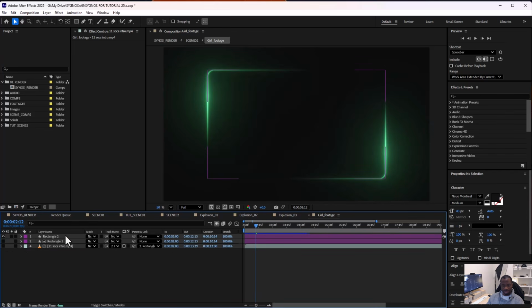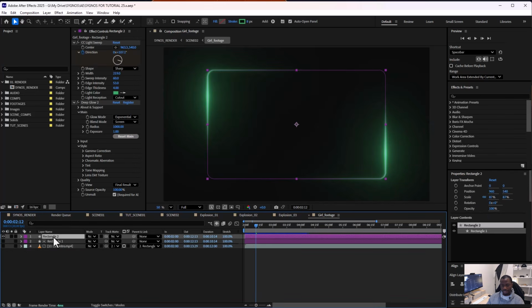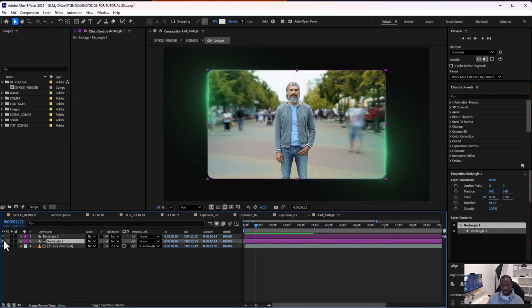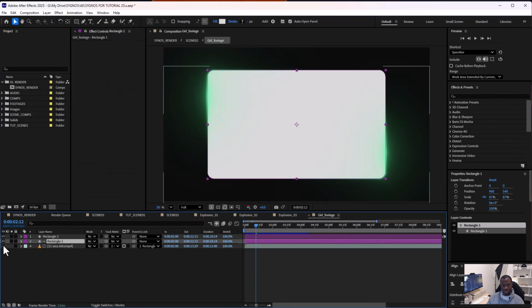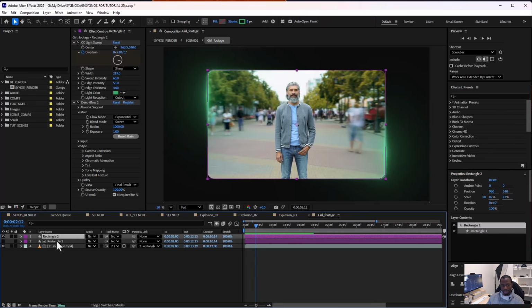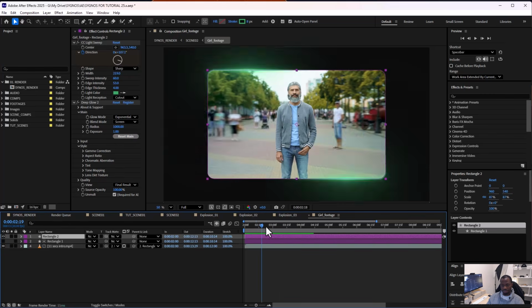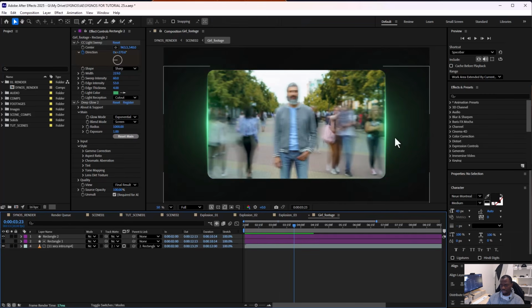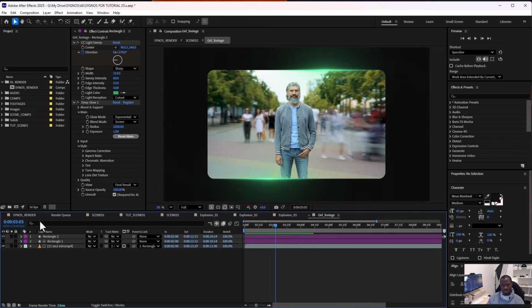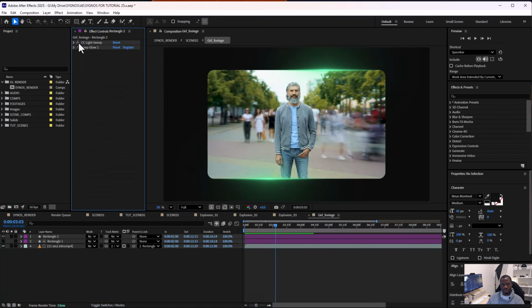But then aside from that, I have this rectangle thing, which I practically duplicated from the main rectangle, and I just turn it into stroke. And this is the matte, this is the rectangle thing, and I've actually done this quite a lot in my previous video. So basically these are just simple lines, simple stroke, where I added these two effects. So CC